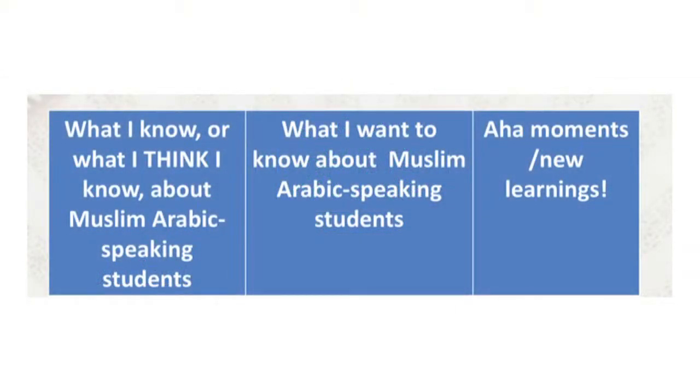To write this down, if you're a teacher, you'll know this will probably look familiar as a KWL chart. I'd like you to think about some things that you think you know about Muslims and or Arabs, things maybe you're not so sure about, or things that you've researched and know. And then think about some things that you'd like to ask tonight, either on the index card, you could just write it down, or feel free at any time, since it's just such a small group,